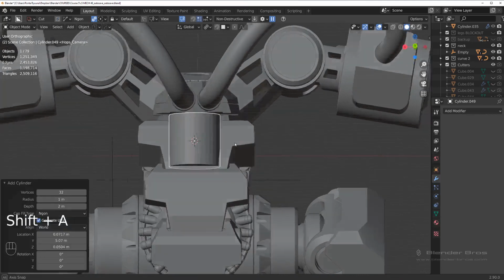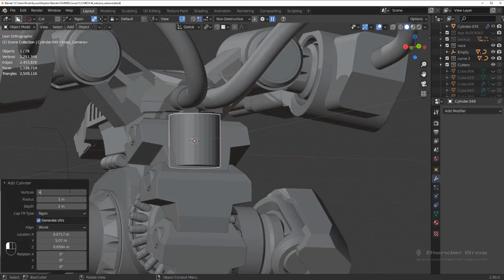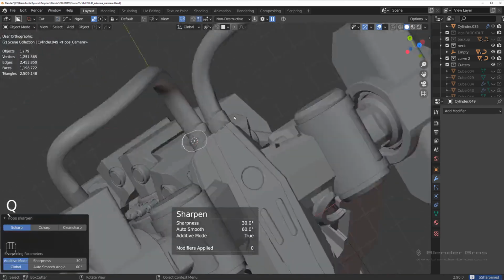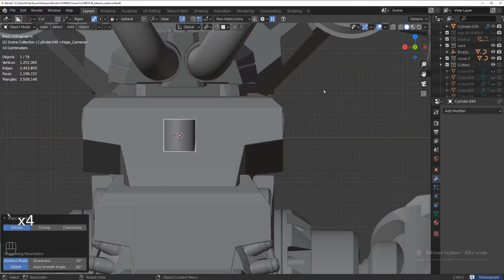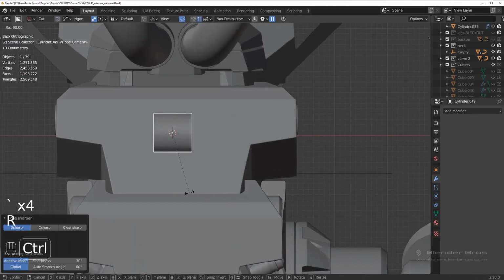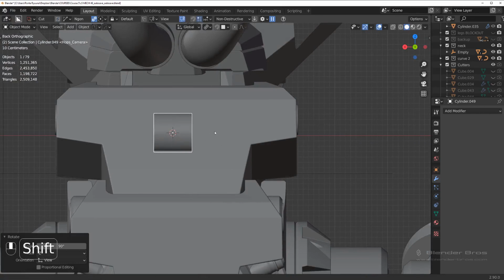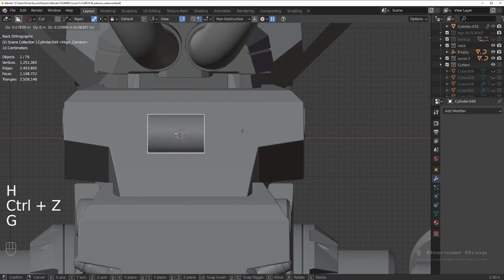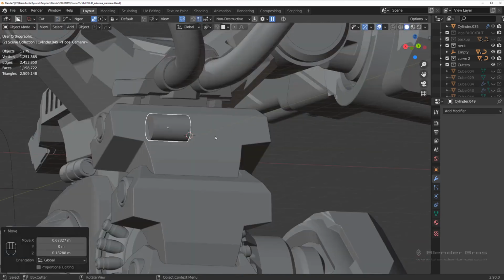And let's grab a cylinder, okay? Now we need about 40 of these, not more, and sharpen it. And then let's go to the back view and rotate it. You can hold control, you can see when it's 90 degrees. Let's make it larger. And now what I want to do is create some kind of